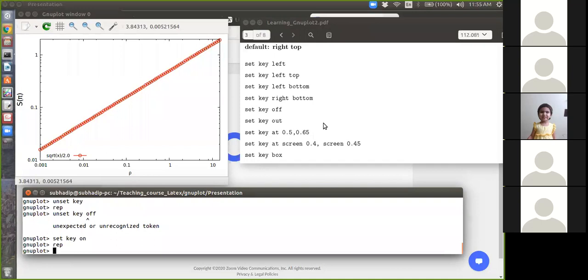If you want to place the key outside of your main plot, just set key out, then replot.